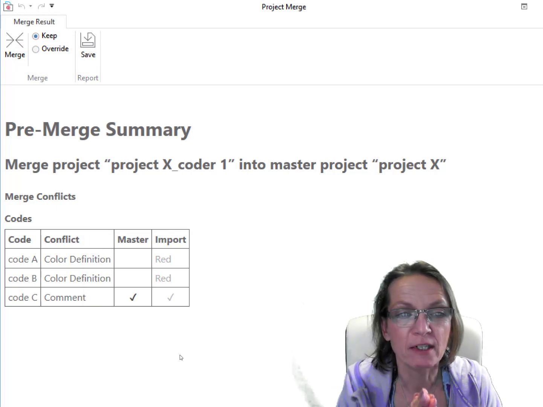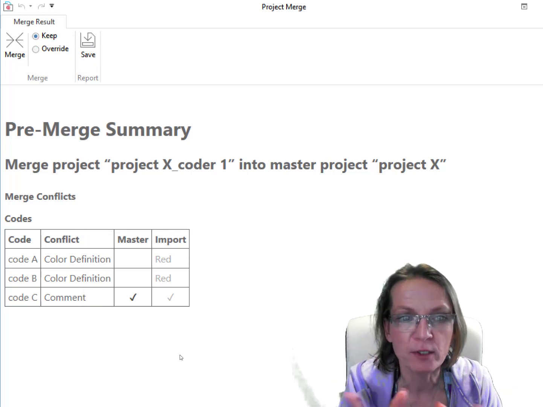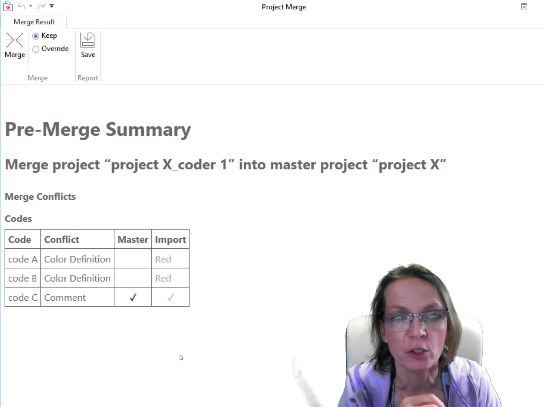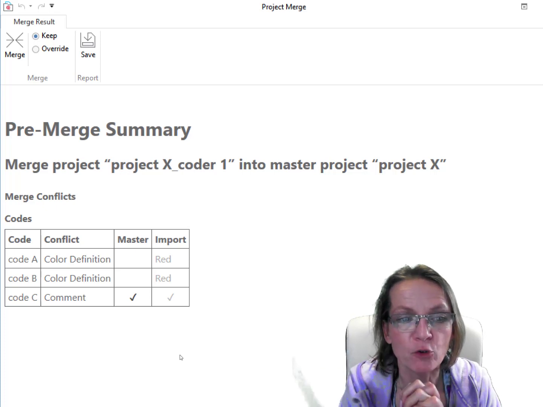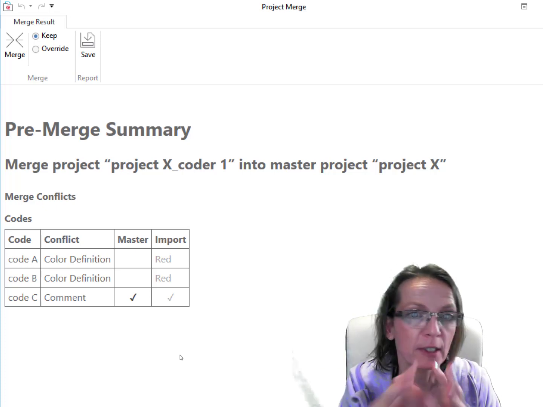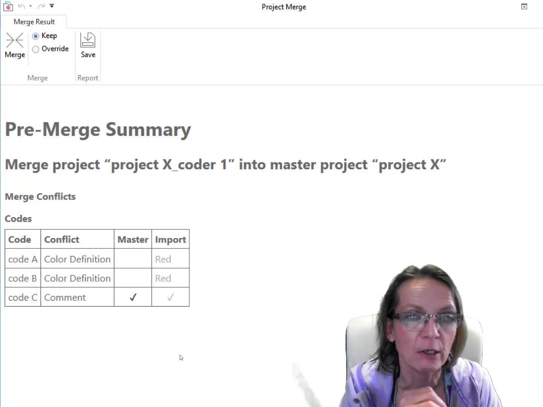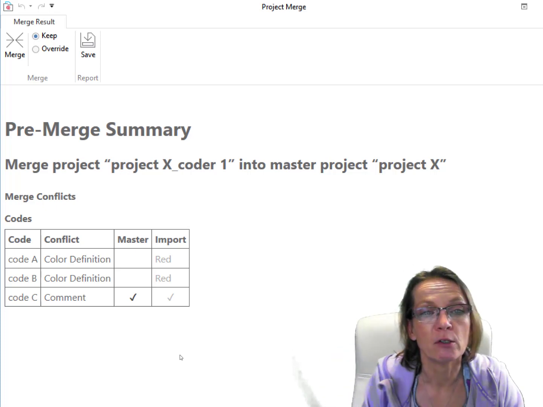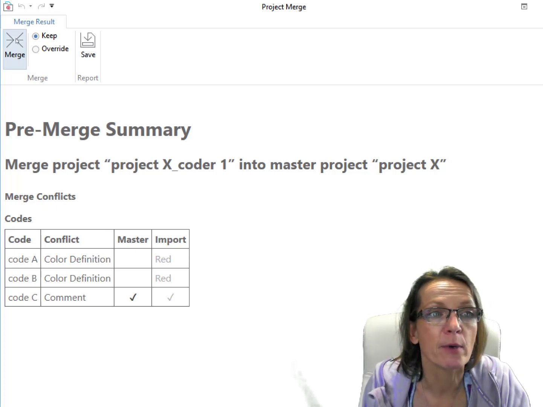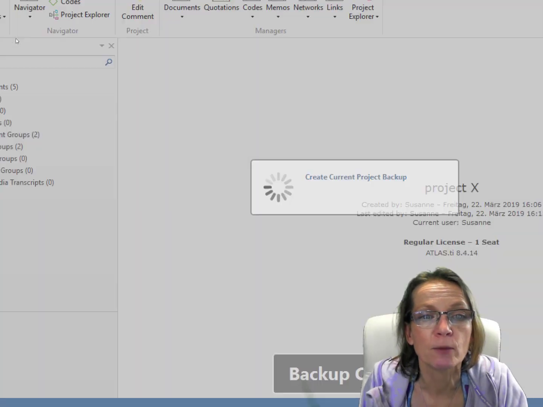But as I mentioned before, with team projects, if you have a list of codes that you agreed on, and of course also the definitions, nobody should change those definitions. Instruct your team members to write a memo if they have any ideas or any wishes to change anything. So I now just keep whatever's in the master project and I say merge,